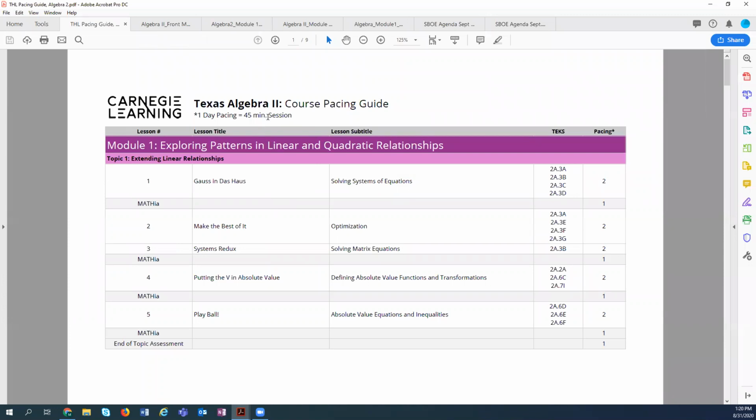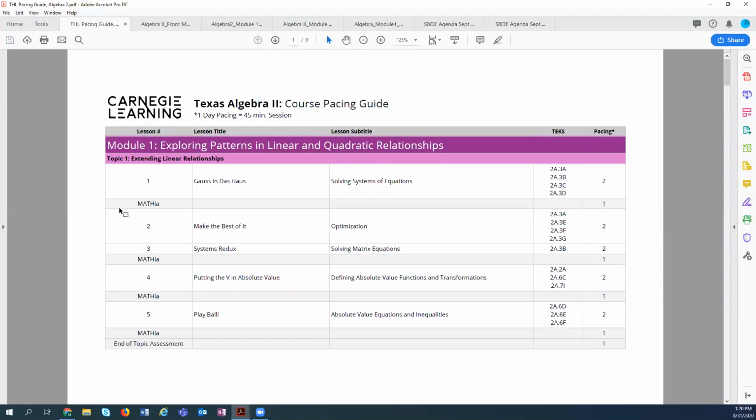All of the different courses in Carnegie Learning have a pacing guide that looks like this, where it is an outline of the modules. It provides the lessons, the specific titles, the alignment to the TEKS, and suggested pacing is provided.